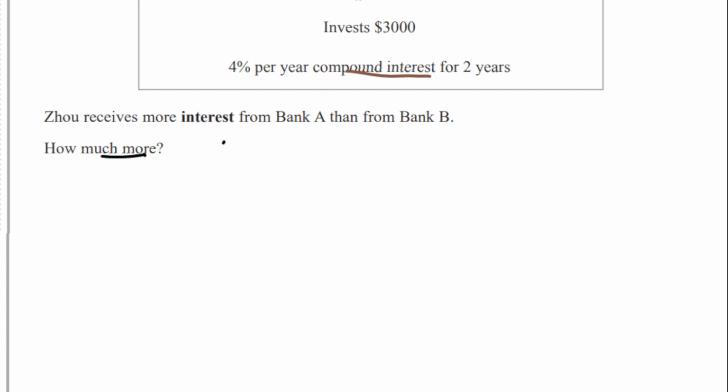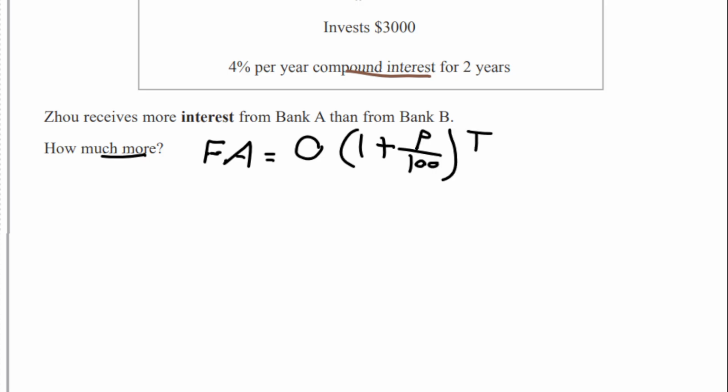For the compound interest, the final amount is equal to the original amount times 1 plus the percent divided by 100 to the number of terms or the number of years. Now let's write that. How much he invested? 3,000 times 1 plus. What percent is he getting? 4 out of 100 to the number of years, which is 2 years. If you plug this in your calculator, this will give you,